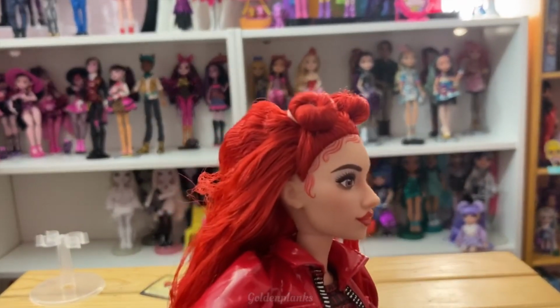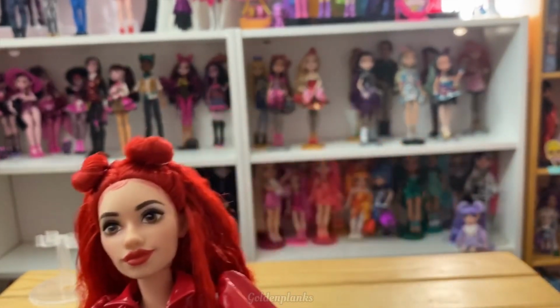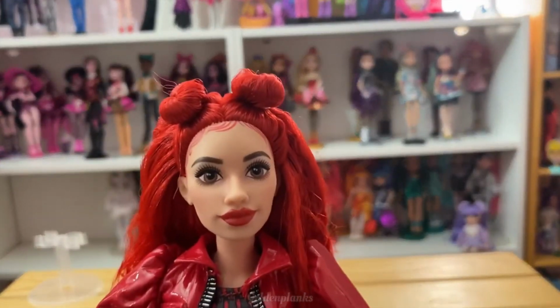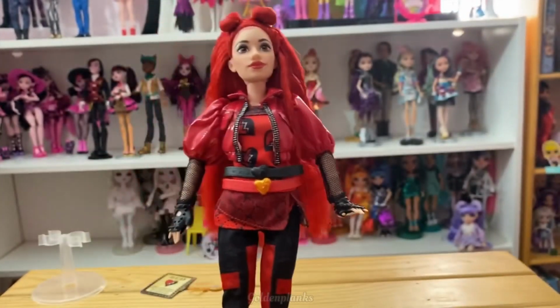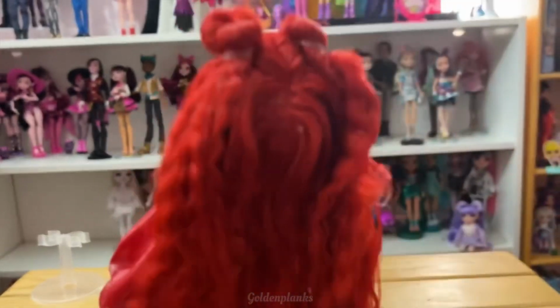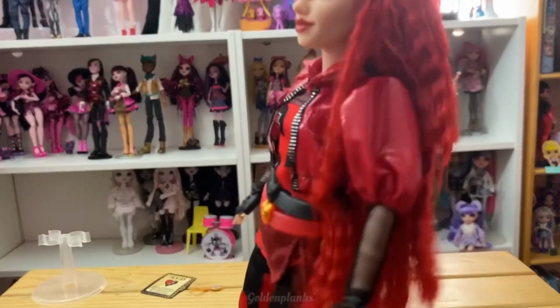There we go. She doesn't come with earrings, and they don't have their ears pierced, in case that's important to you. And now let's talk about the hair. The hair is just parted in the middle at the top there. There. And it's just red,